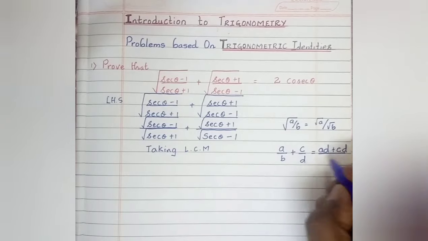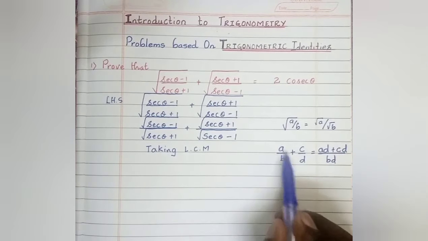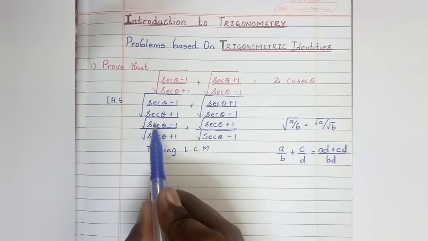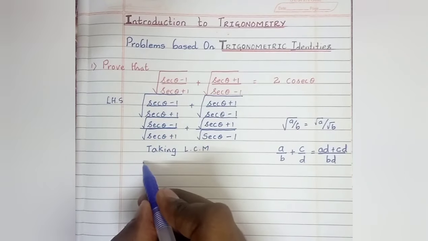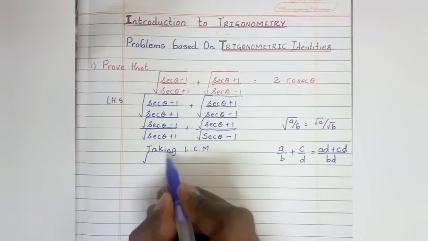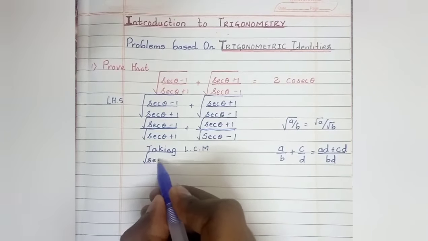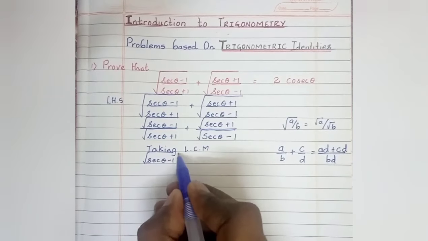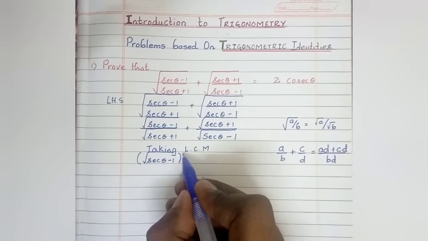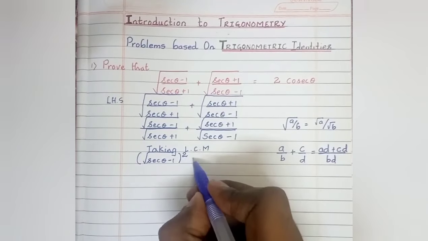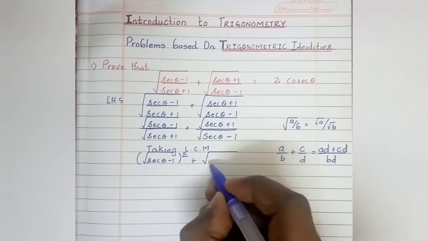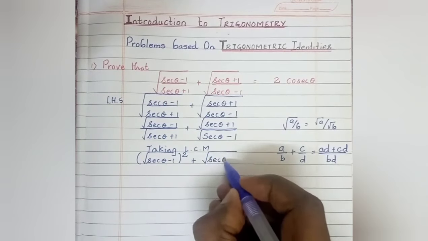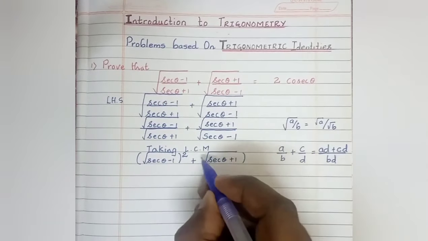Students, that is CB, not D, into B into D. A into D plus C into B divided by BD. The same way I can write root of secant theta minus 1 into root of secant theta minus 1 as root secant theta minus 1 whole square. The same way root of secant theta plus 1 whole square,